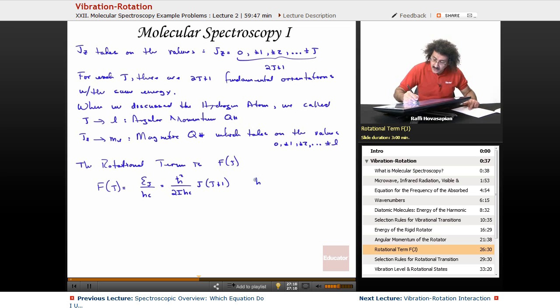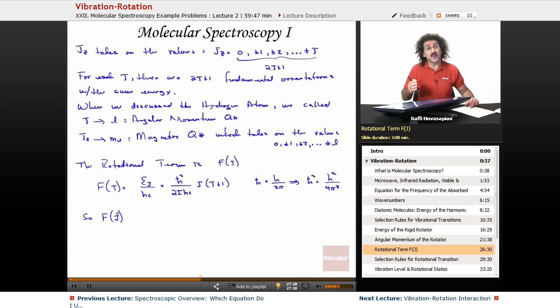Well, h bar is equal to h over 2 pi, so that implies that h bar squared is equal to h squared over 4 pi squared. So when we put all of this back into here, we get that the rotational term, in other words, the rotational energy expressed in terms of wave numbers, is going to be equal to,